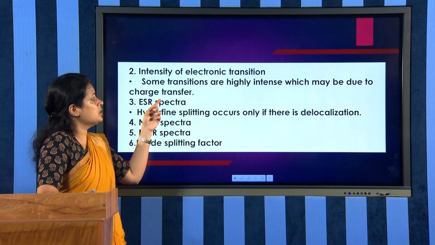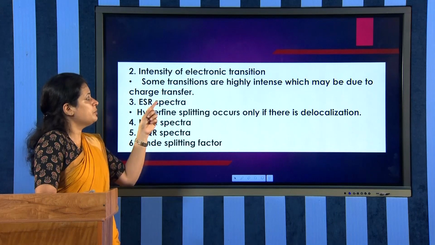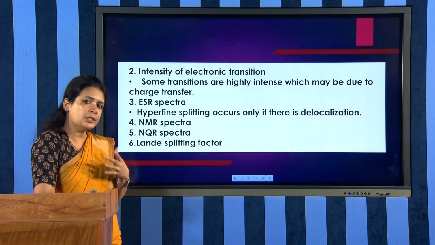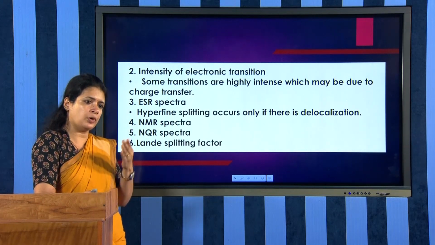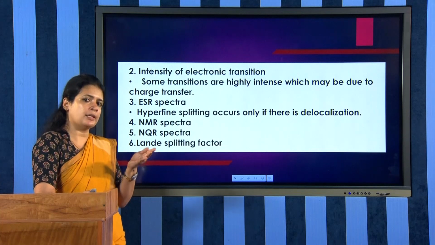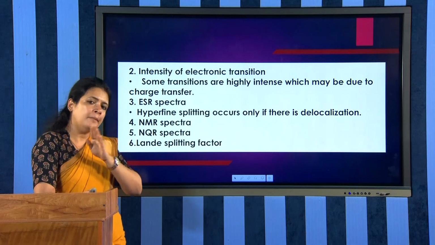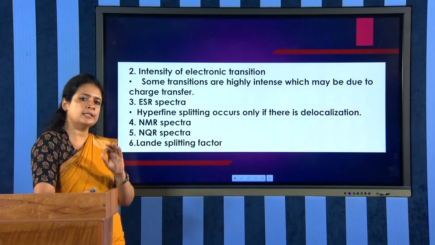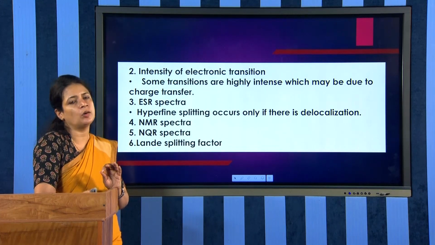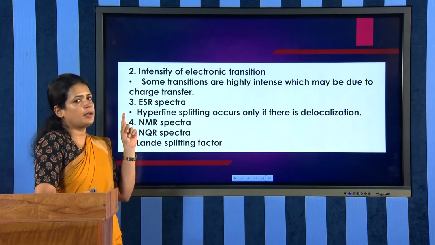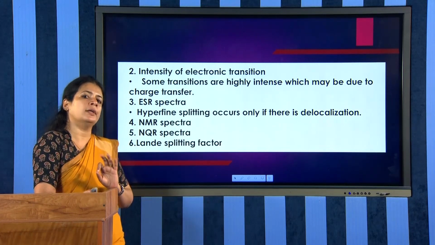Some transitions are highly intense, which may be due to charge transfer. Charge transfer means the electronic transfer from the metal to ligand or from the ligand to metal, meaning that there is a kind of covalency in the complex. So, these charge transfer transitions are also an evidence for the